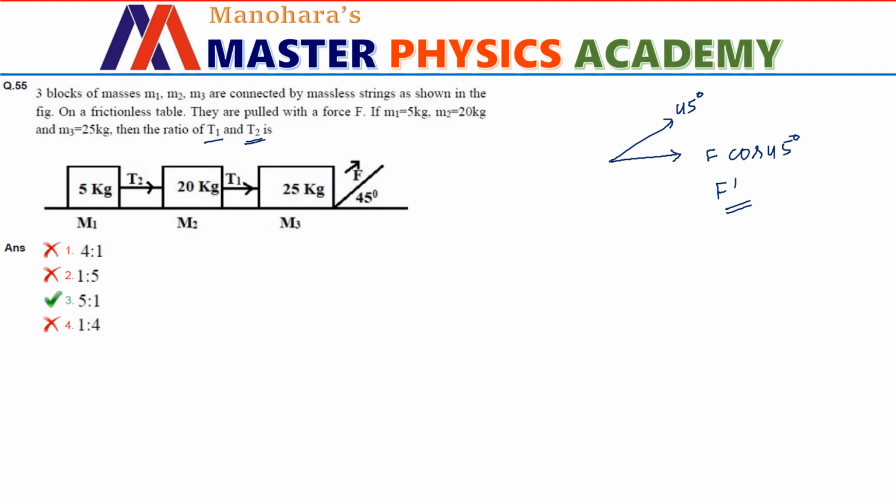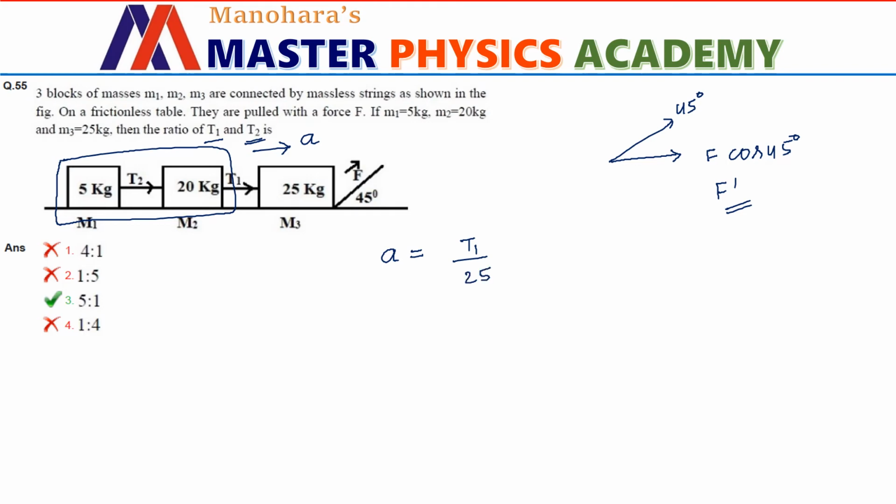So all these bodies will be moving with the same constant acceleration. If you consider individually, or if you consider all these 3 objects as a whole, the acceleration will be same. Let me use this concept. What is the acceleration of these 2 bodies put together? That is going to be A. What is the formula for A? A is equal to the force acting on this body, which is T1, divided by total mass. Total mass is 25 kg. Yes, I got this way.